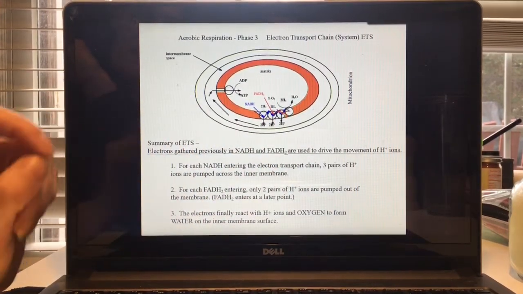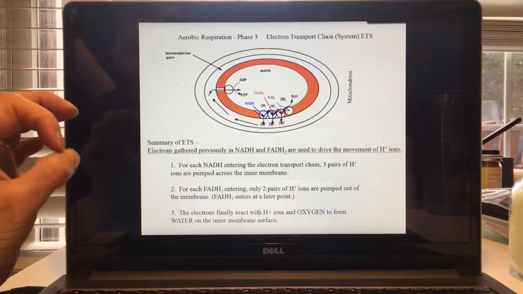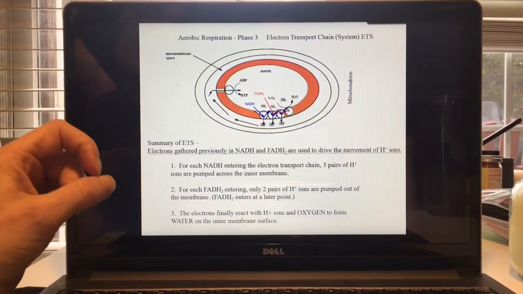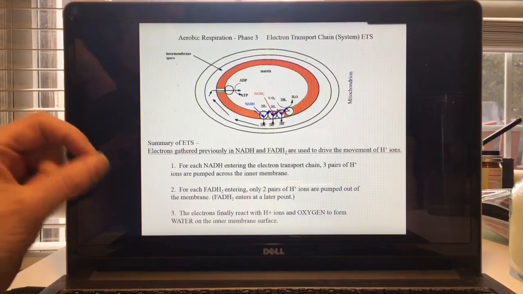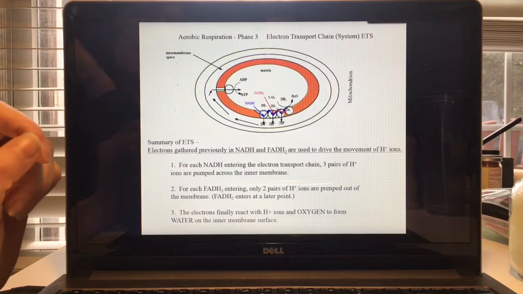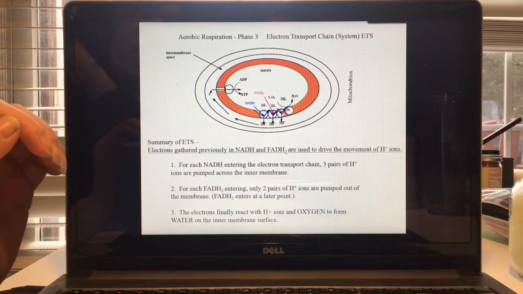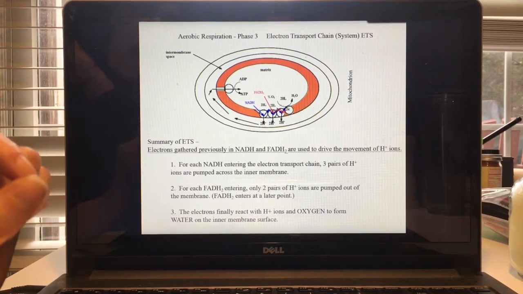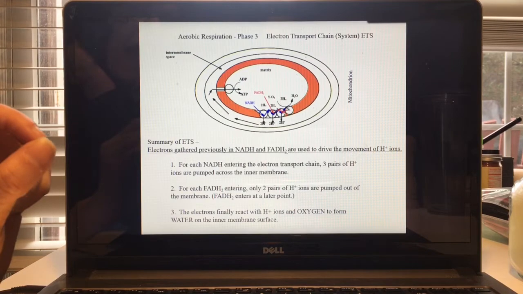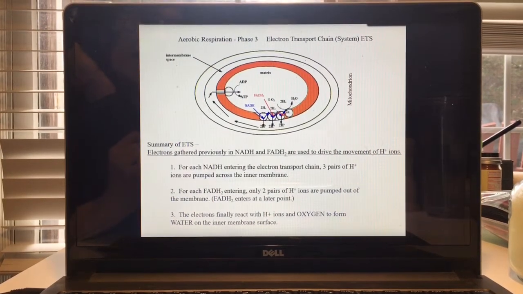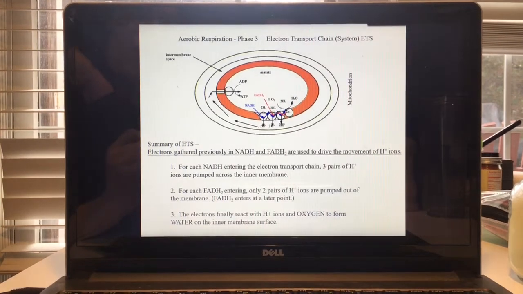So electrons gathered in the Krebs cycle and glycolysis in NADH, and in the Krebs cycle in FADH2, are used to drive the movement, or active transport, of hydrogen ions. And for each NADH entering the ETS, 3 pairs of hydrogen ions are actively transported, and for every FADH2, only 2 pairs of hydrogen ions are actively transported. And then at the final terminal cytochrome, the electrons finally react with hydrogen ions and oxygen to form water